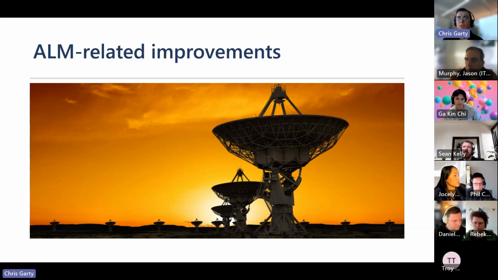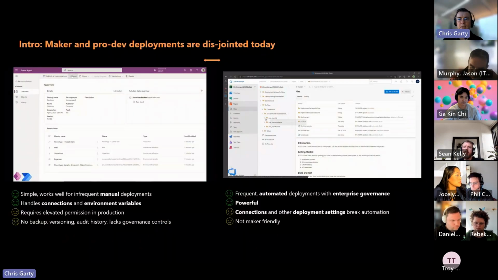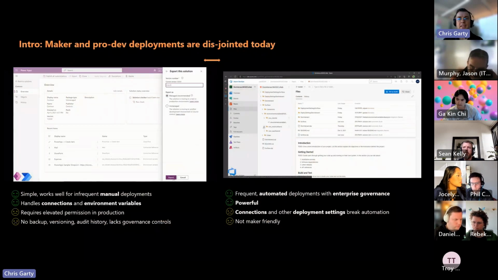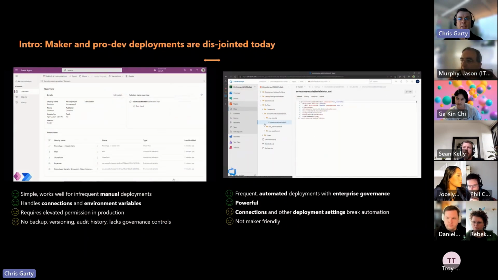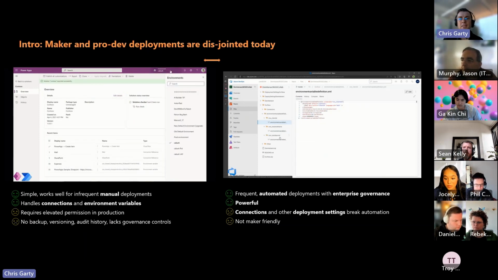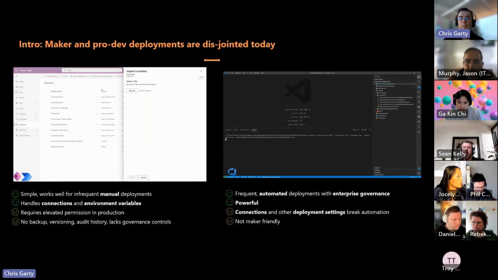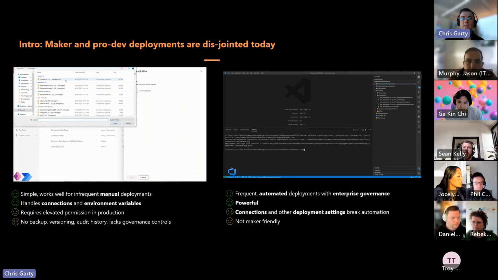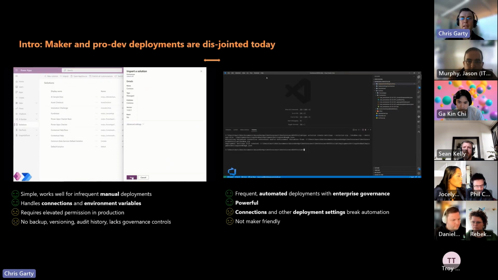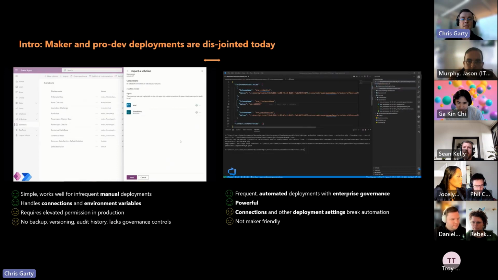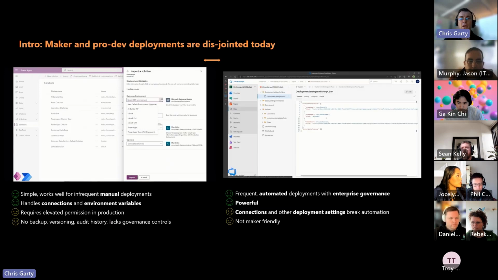So what are some ALM related improvements that we've been working on recently? So the first dimension is something that we're referring to as pipelines. So today, Maker and Pro developer deployments are kind of disjointed. So for makers, you have an experience inside of the Maker portal that's simple. It allows you to export solutions, import solutions. The maker can set up their connections. They can deal with putting values into environment variables, but you need to have